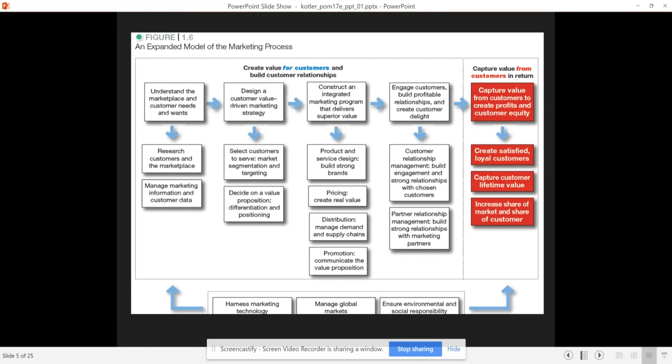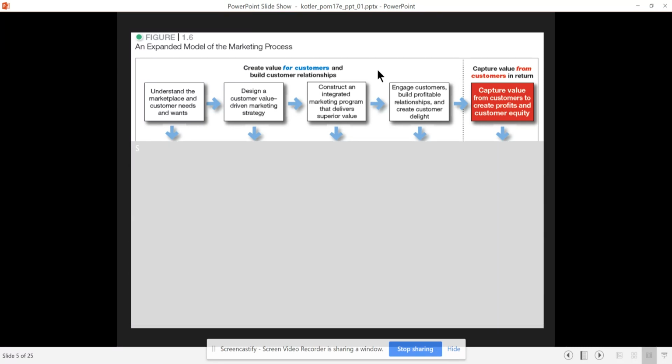Okay, well, the entire book has this really complex process flow that they go through, and each one of these little steps right here is actually part of the chapter. So this is the expanded model of the entire marketing process. I'm not going to go through that right now because we're going to be going through it piece by piece, but just note that right here it says creating value by building customer relationships. So today we're going to go through this horizontal part of the overall process, which is understanding the marketplace and what your customers